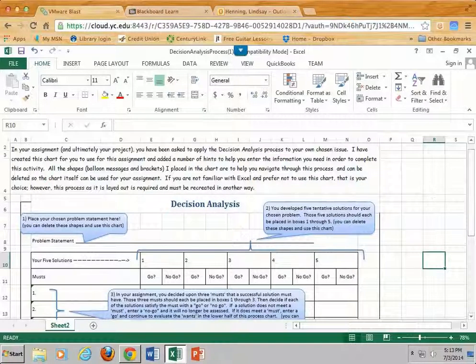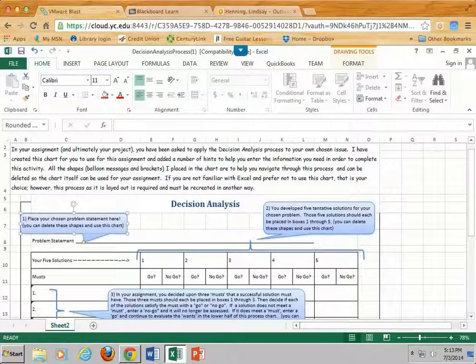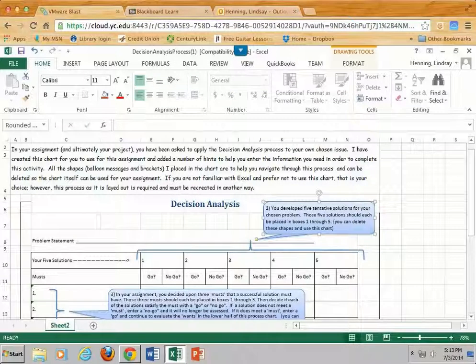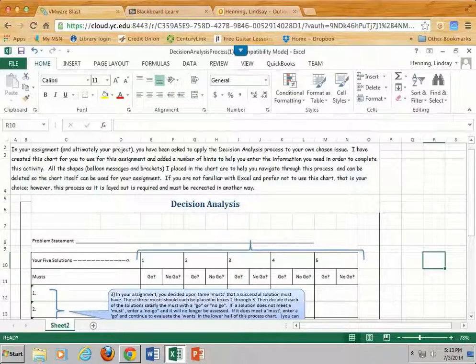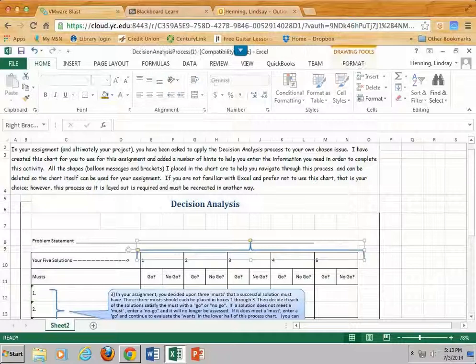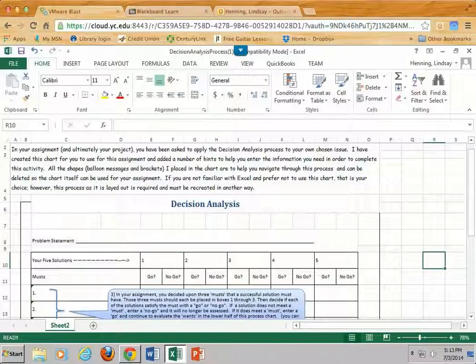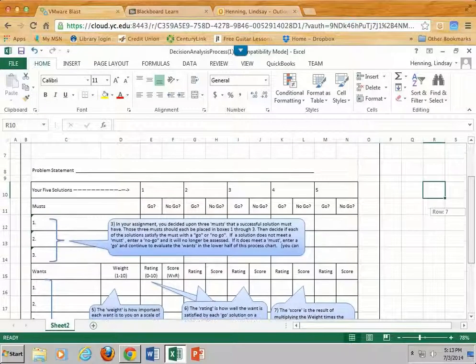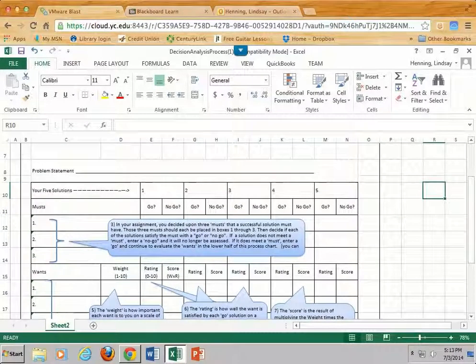And then this is the place where you can delete things. So I'm going to click on this first text box and hit my delete button. There it goes. Here's my second text box. Hit that delete button. There it goes. Get rid of this drawing. There it goes. And so I'm left with the information. I'm not quite done deleting all that stuff, but it's enough for you to see where I can insert my